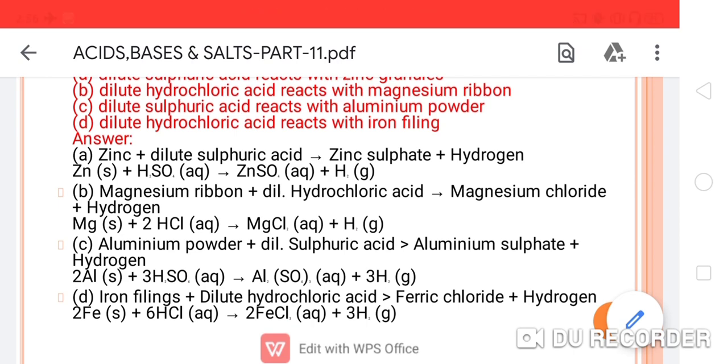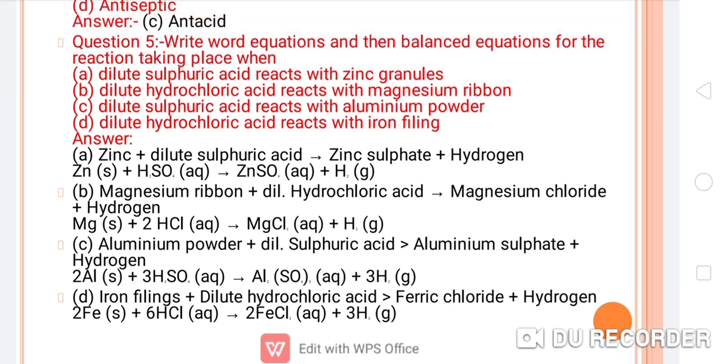Now next, iron filings when dissolved in hydrochloric acid. At that time it will convert into FeCl2 or FeCl3. Sorry, here it will be FeCl3, that is ferric chloride. Okay, so here is FeCl3, that is ferric chloride, and hydrogen gas will evolve here. Okay, so please correct here. Here are some tiny mistakes, that is a typing mistake, so please correct it.